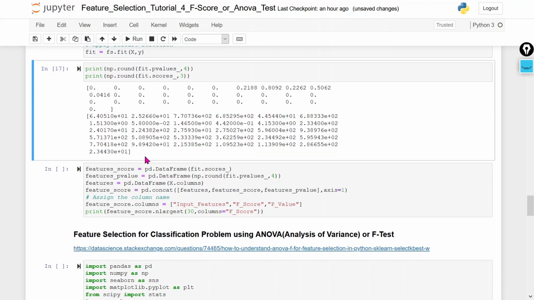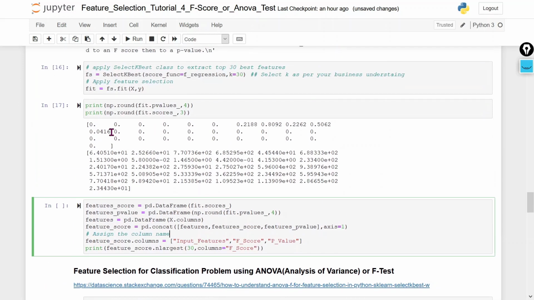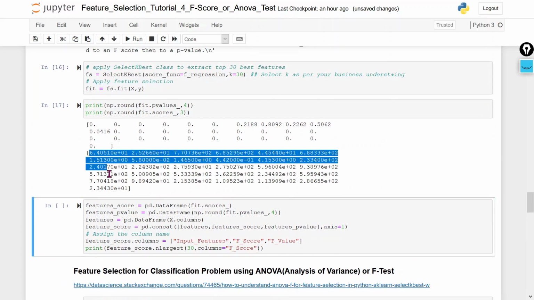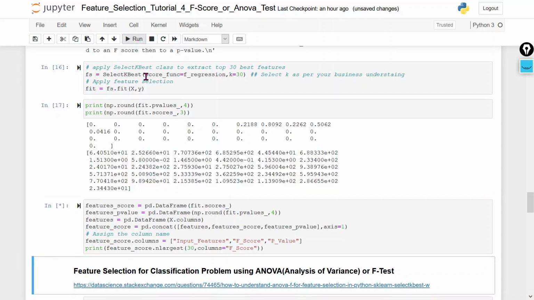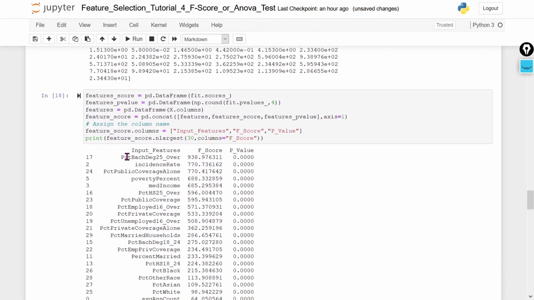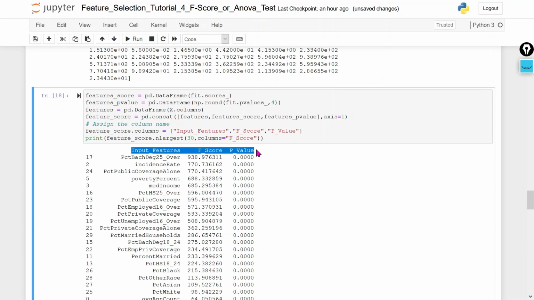Now I have to select the top 30 features. This will show you the top 30 features. Currently these are the arrays you can see. These are the values corresponding to each feature. If you see here what I did, I created 3 columns: p value, F score and input feature.